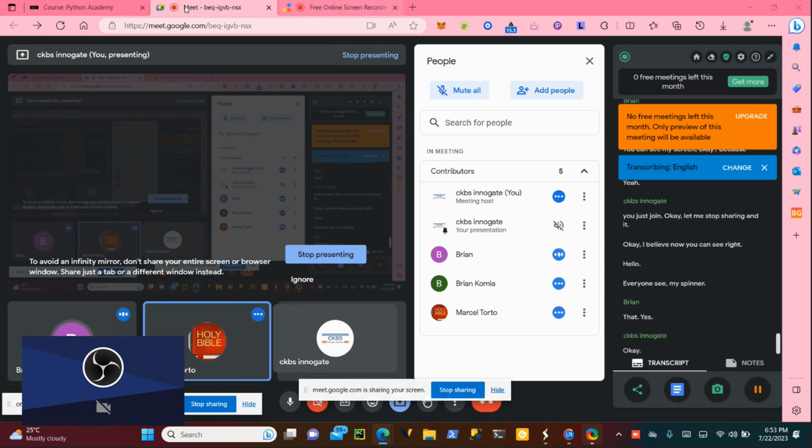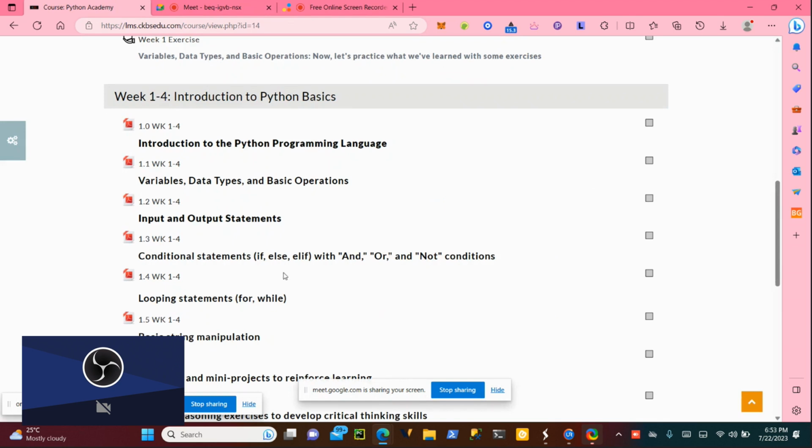Okay, thank you. So now we went through conditional statements, that is, if, else, or else if, and then we added the logical operation. So these ones are logical operations, the ones with and, or, not.